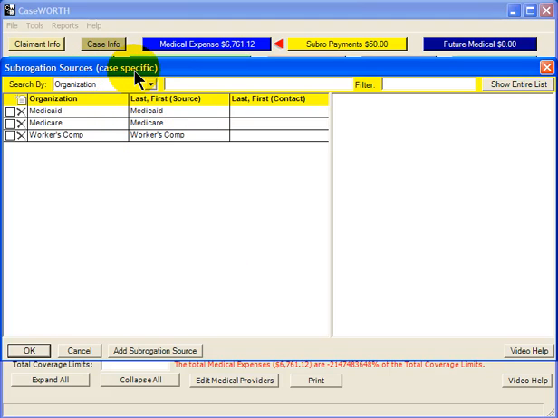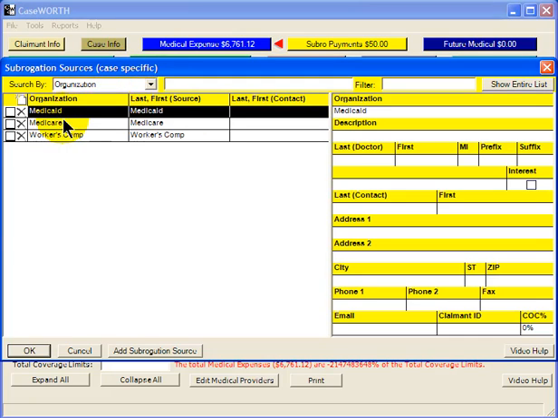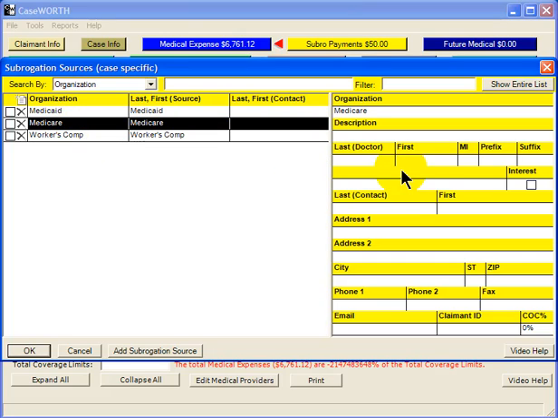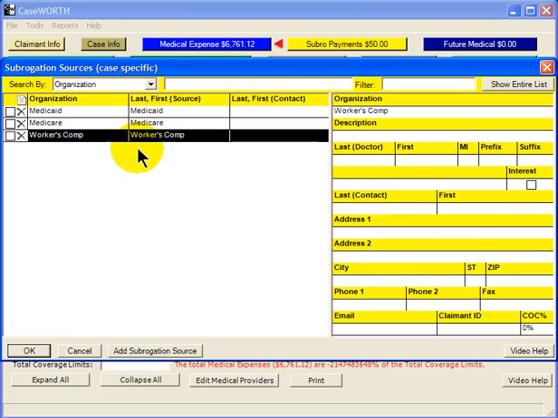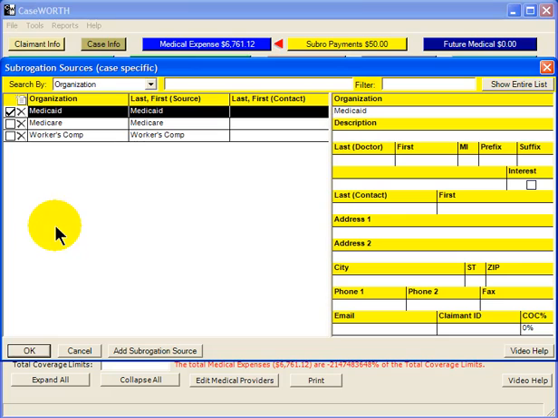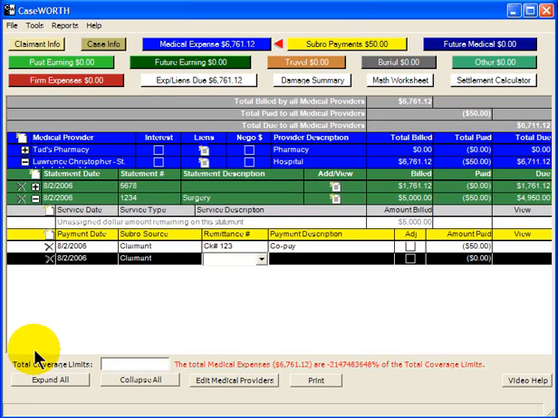Now this is case specific. It's not global like the medical providers, meaning that these subrosources only apply to this case. Although you will always have Medicaid, Medicare, and workers' comp already in there for you just for your convenience. But we do not have the addresses put in, so you can put in different addresses for each office that you might be working with. So let's say that Medicaid is involved in this particular case. So we're going to say OK, and